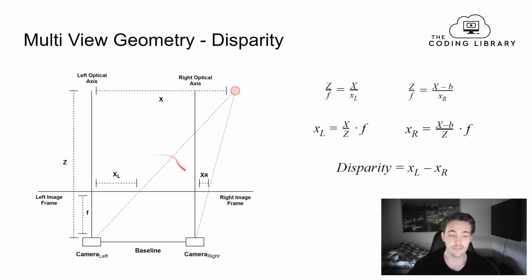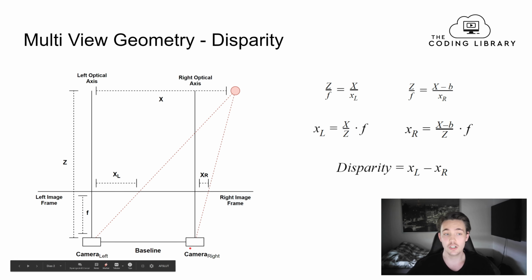First of all, here we have these two cameras. So we have this stereo vision setup with a left camera and a right camera, and they're aligned on the same axis. The right camera is placed at a distance away from the left camera, and this is called the baseline. So the distance between these two cameras is the baseline, and this is what we're going to use to actually calculate the depth and the disparity of the points in the images